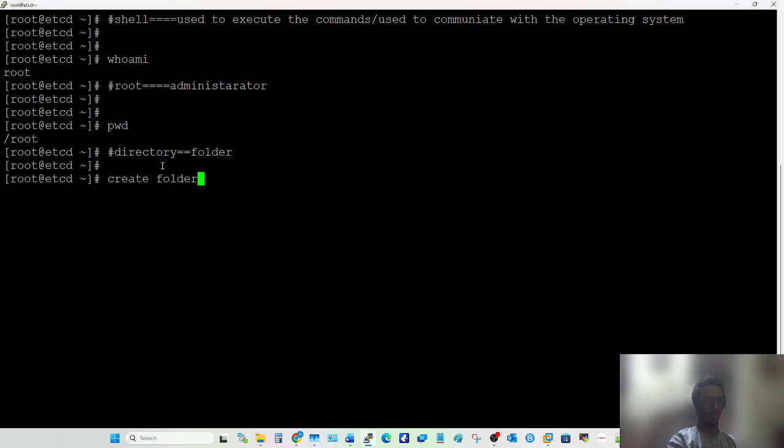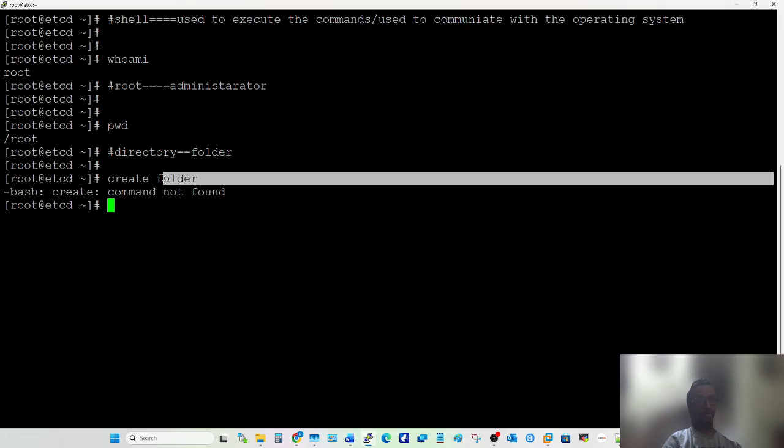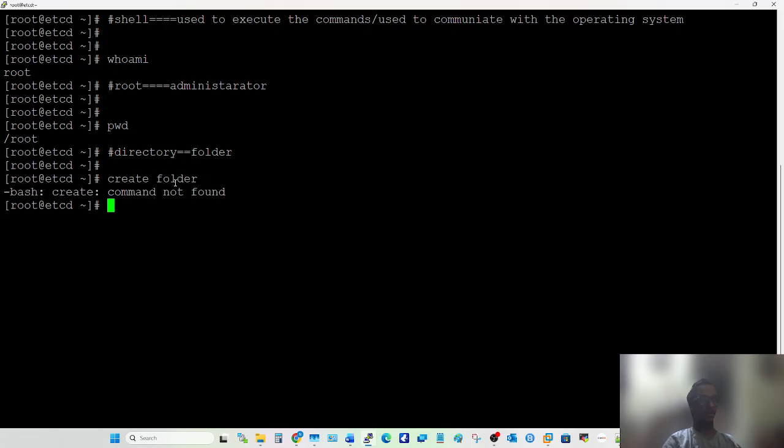I'm just giving you the example, as we use the name folder in Windows. Now, there is no command for it. If you see "command not found" here, there is no command to create a folder using the folder name.